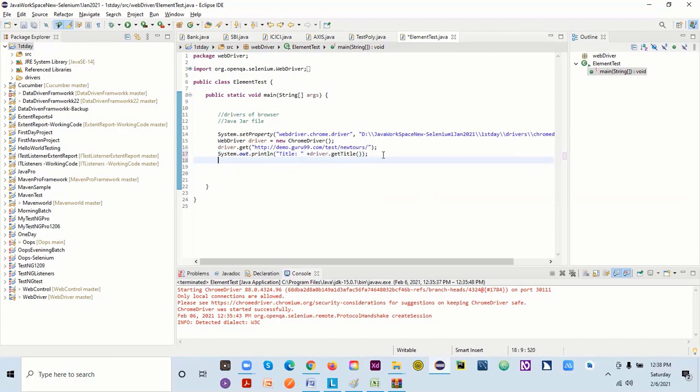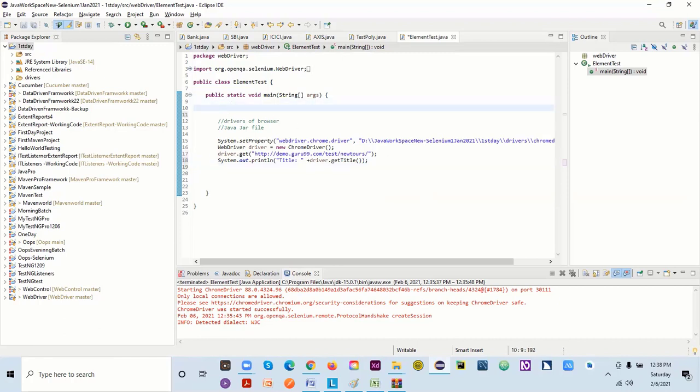Or suppose you want to do some validation. How do you do that? For that, you will have some variables. Let's say I have one variable, title. We know that title will be a string; it can have numbers or anything. So in this case we can have one variable, a String, and we can call it actual title. We can assign null as of now, because there's no value yet. And instead of printing directly here,